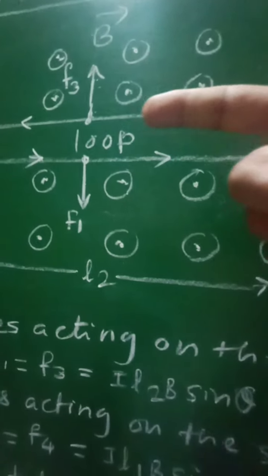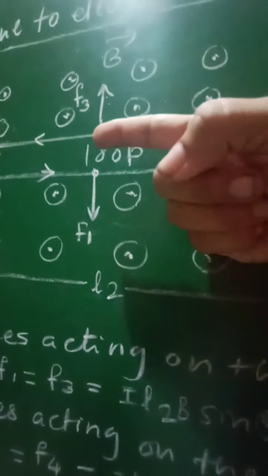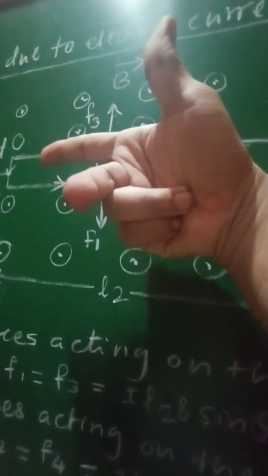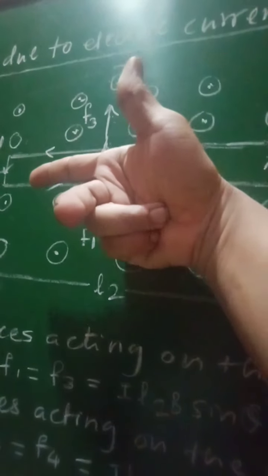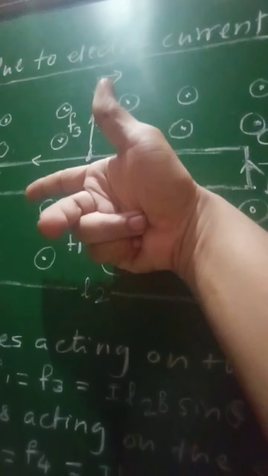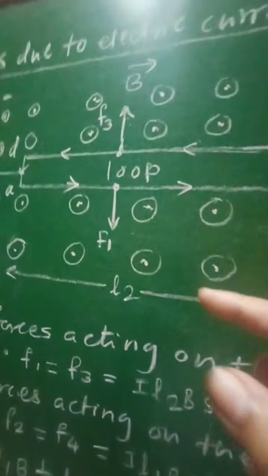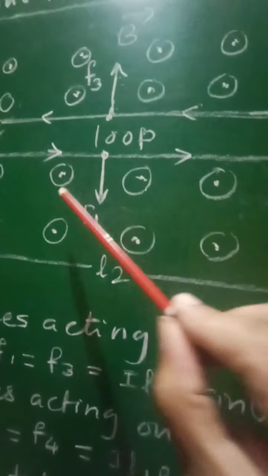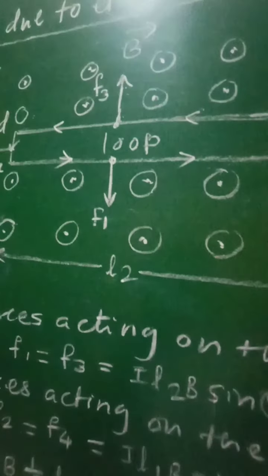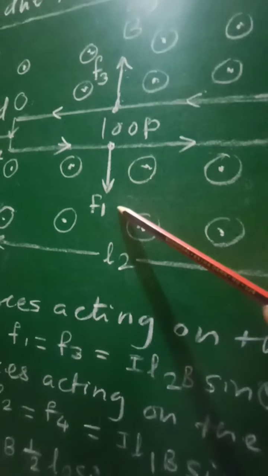then the thumb will indicate the direction of force. Therefore now this pointing finger will be stretched in the direction of current, and the middle finger will be directed in the direction of magnetic field. At that time the thumb will indicate the direction of force, and therefore on that side CD the force acting, F3, will be in the upward direction. In a similar manner for this side AB, the direction of current is reversed, the direction of magnetic field is the same, and therefore the force acting will be directed in the downward direction.